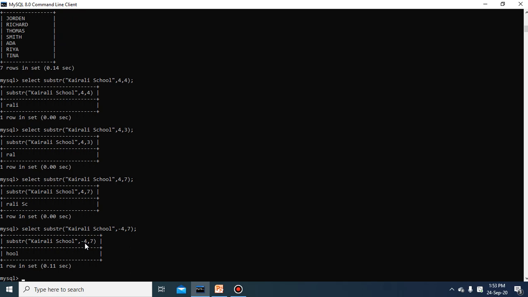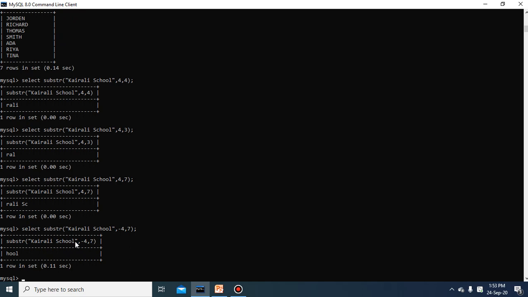When you pass a negative number as the second argument of SUBSTR, it will count from the right side. Earlier it was counting from the left side. This time it will count from the right side, and the total number of characters will be 7.